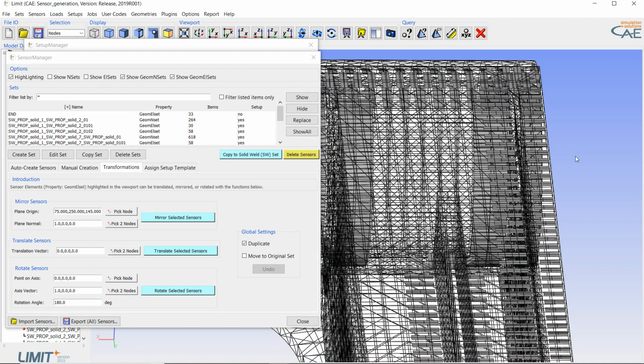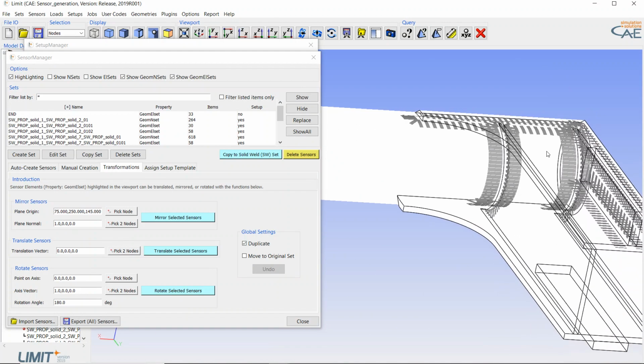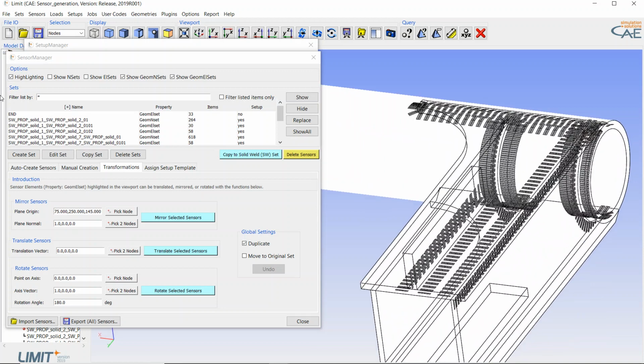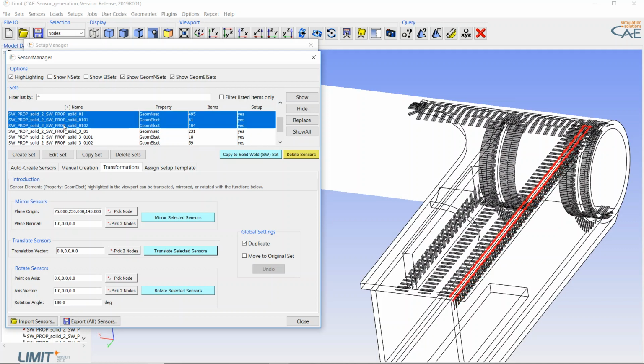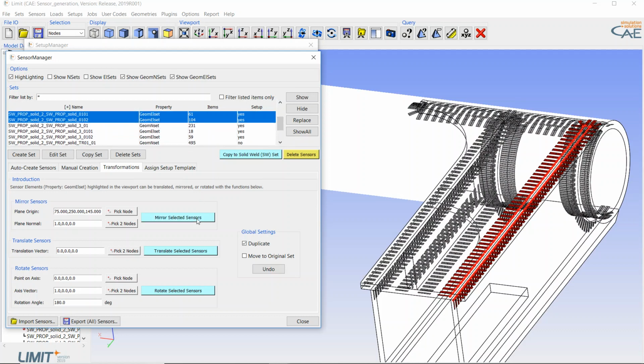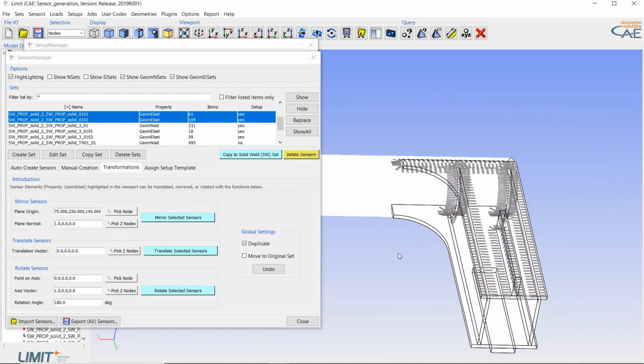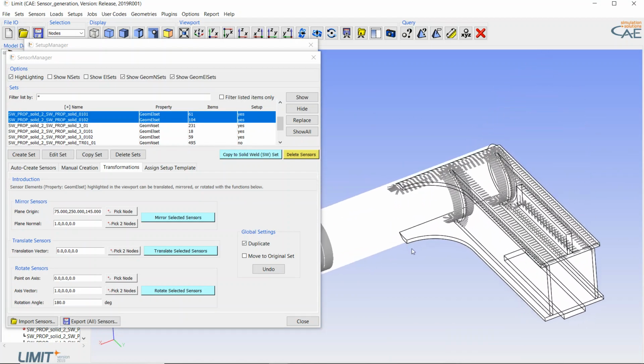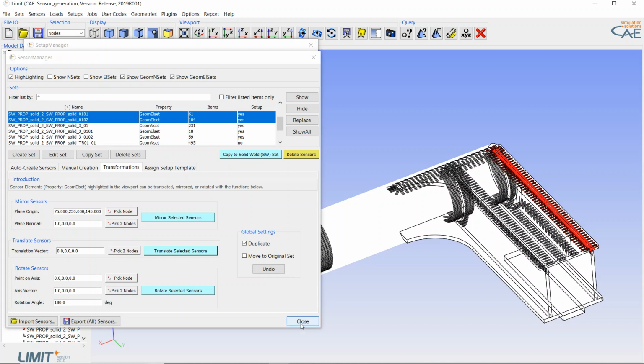So if I move back to the transparent view, I can see that the selection buffer for the sensors was lost since I have selected a node in between. So I have to reselect the sensors. Okay, I'm not sure which ones they were. Yeah, here. So these sensors here, and by simply clicking on mirror selected sensors, we have sensors on both sides, and